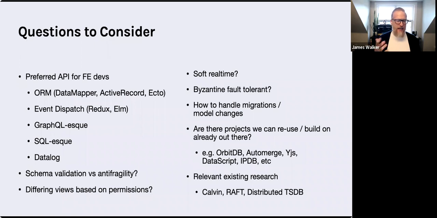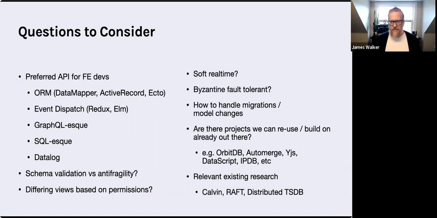Probably not alone in that. Being able to define the schema of your data, particularly when you're talking about multi-user apps, you want to make sure there's some predictability in terms of the data that you're getting. However, the flip side of that is,